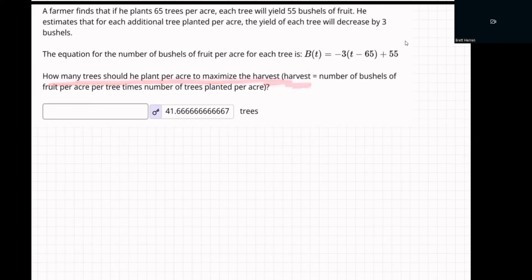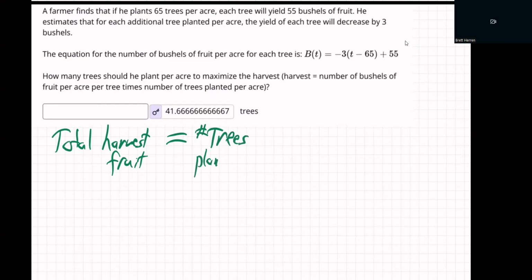Now, notice harvest is the number of bushels of fruit per acre per tree times the number of trees planted per acre. That was a confusing sentence, huh? All right, I think it probably makes sense if we do it this way. So the total harvest of fruit that the farmer's going to get is going to be what? This farm science is no joke. It's got some stuff to it. It's going to be the number of trees planted times the bushels of fruit